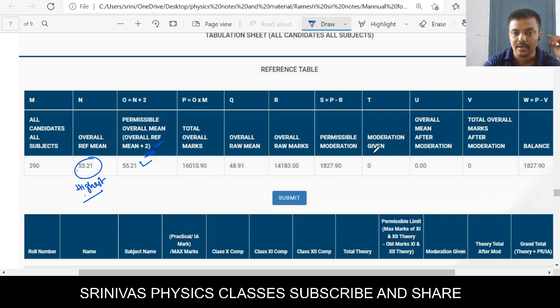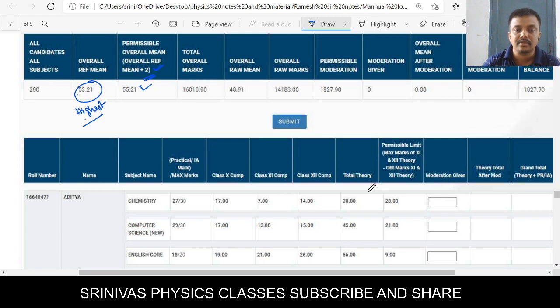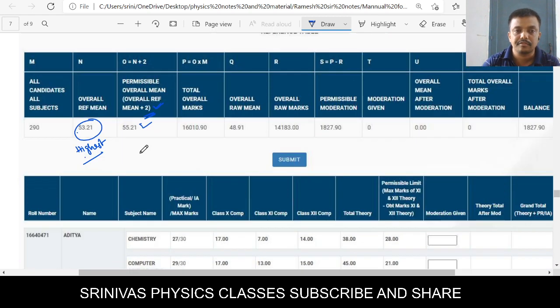The oral mean after moderation should be balanced with this. Okay, if it is balanced with the permissible mean, then yours is correct.